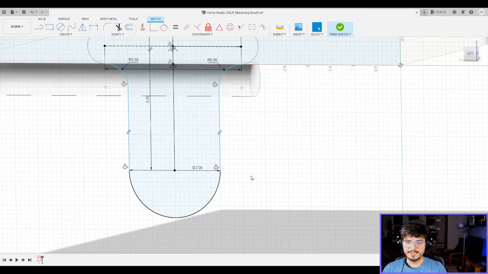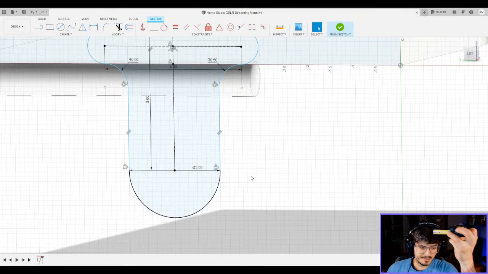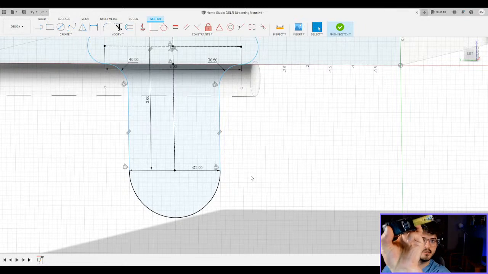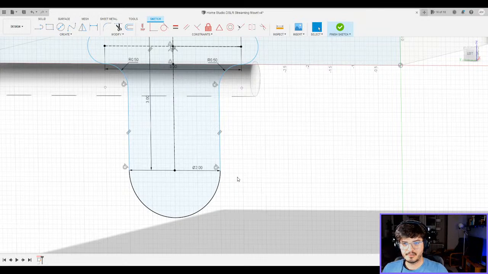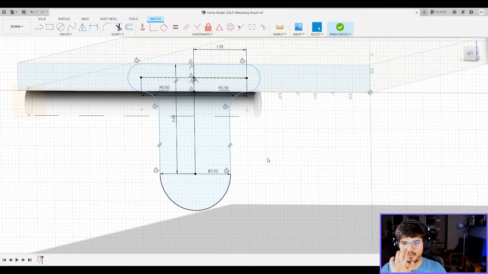Is 2 inches too much now? No, it's not actually. 2 inches is going to be short. It's not long, not wide at all. So it just looks kind of ridiculous on this side, but we're fine. We're fine. All right.